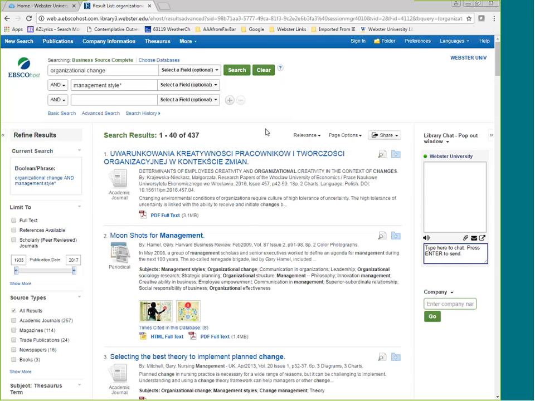It tends to put journal articles at the top of the list, and if it finds the words or phrases that we ask it to look for in the article title or in the subjects, it moves those up on the list as well. You can notice on the left-hand menu under Refine Results that it's showing the publication dates of these 437 articles. The first is from 1933, and the most recent is from 2017, which is great. The 1933, you probably don't want articles that old.